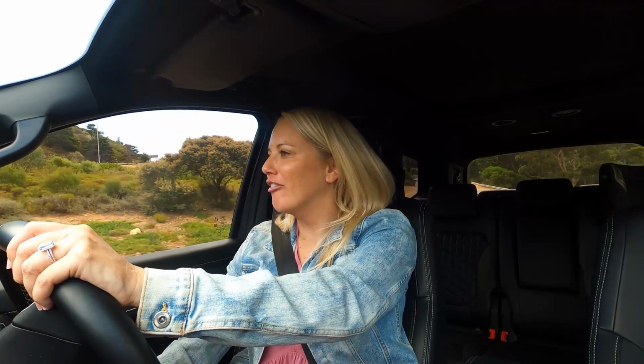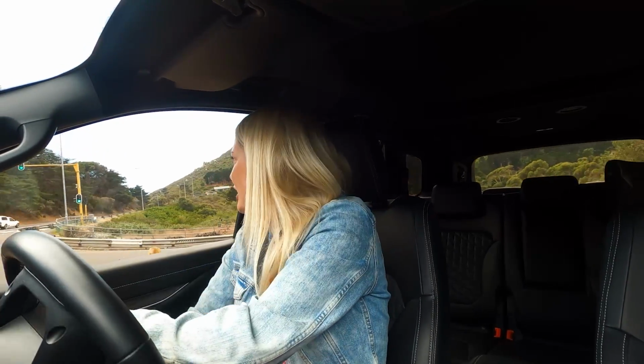Such a burly car. Ford Everest, guys. I'm going to do a hoot test. God, I love it. I love it because everyone can see you coming anyway. But now with your hooter, you're like, boom. Guys,